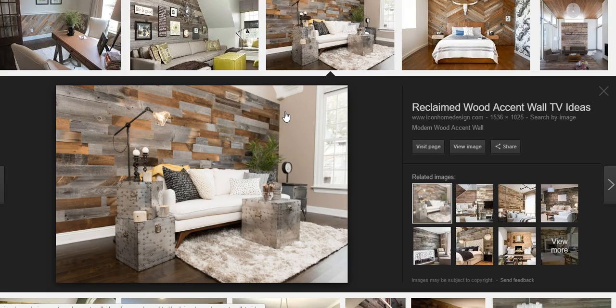The same way that people who do retail arbitrage are constantly having to go out and look for unique items and then are having to go back and relist those items. It's a little bit more work than, let's say I'm selling lamps that I'm buying from Alibaba. I can buy one of these lamps or I can buy 1,000 of these lamps. They're going to come straight to me. Once I create a listing, I can continue ordering from my supplier on Alibaba and sourcing that lamp. So there's really no work in terms of me having to relist items because it's always the same item that I'm selling. With reclaimed wood, because every barn you go knock down, because every board that you get in is going to be unique,